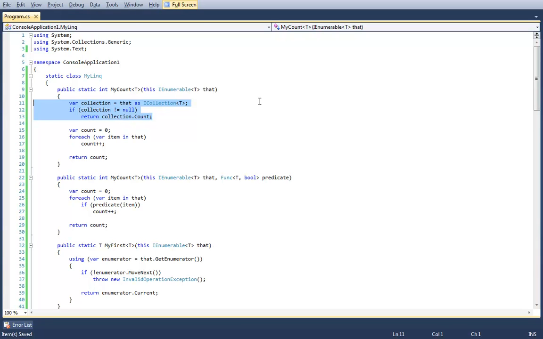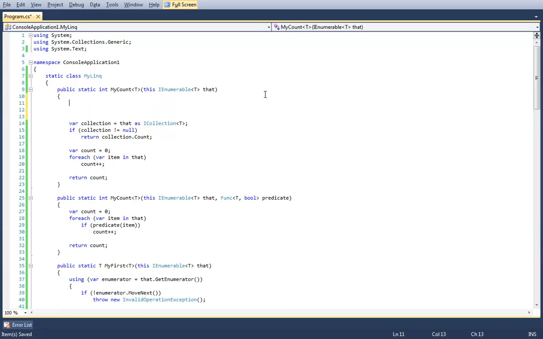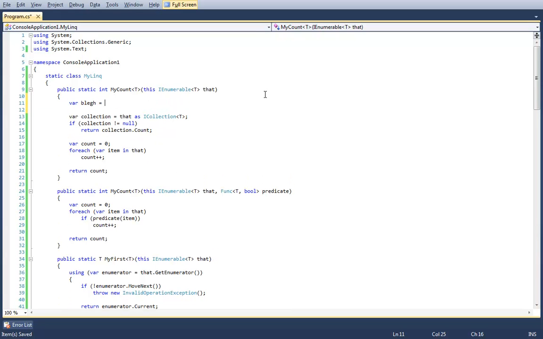We're not doing a hard cast. We're not doing a C-style cast, which, remember, will throw an exception if that, and when I say that, I mean that right there, is not of this type or cannot be converted to this type.